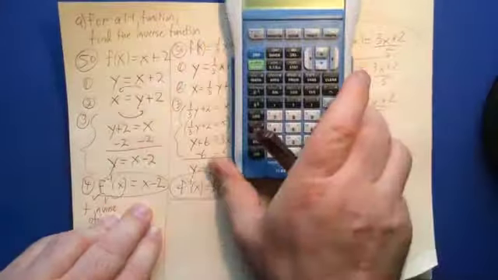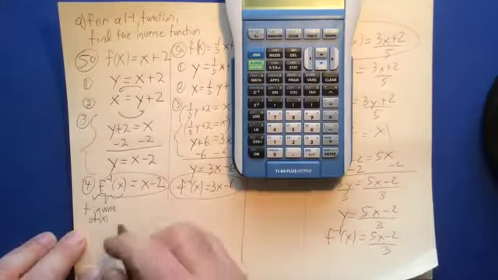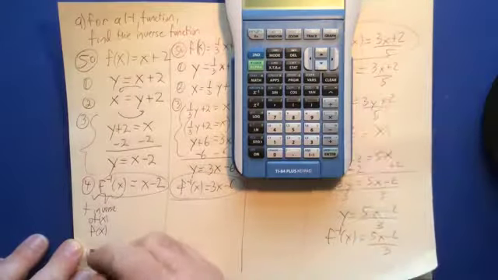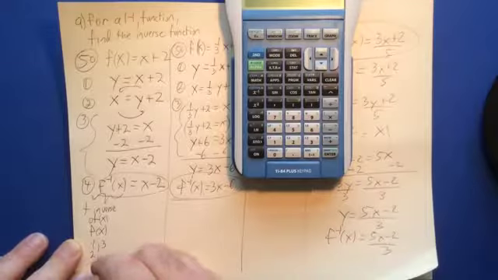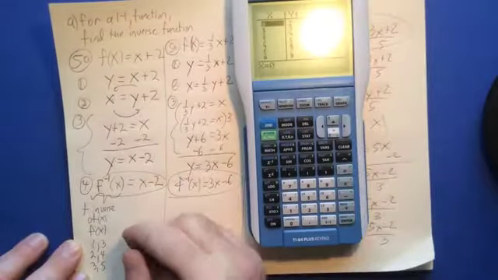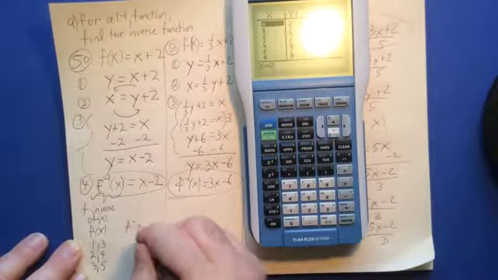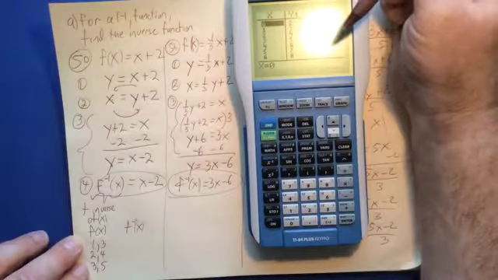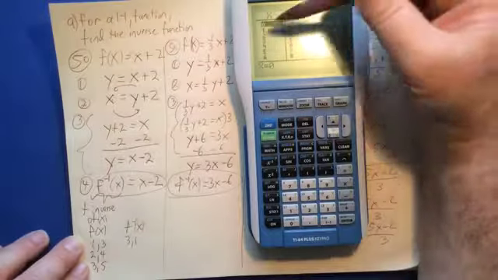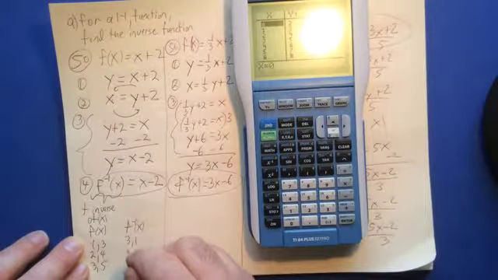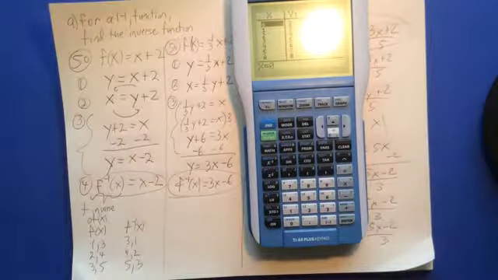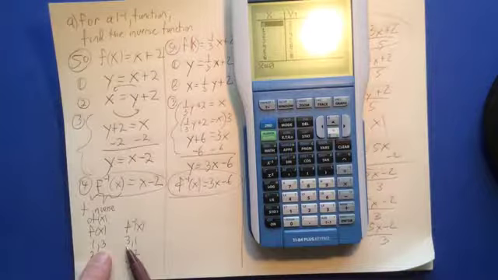So let's go ahead and write that down. So if you're looking for the points on this, some points on f of x are (1, 3), (2, 4), (3, 5). Some points on f inverse of x are going to be (3, 1), (4, 2), (5, 3). And if you notice what happens here between the function and the inverse function is that the x